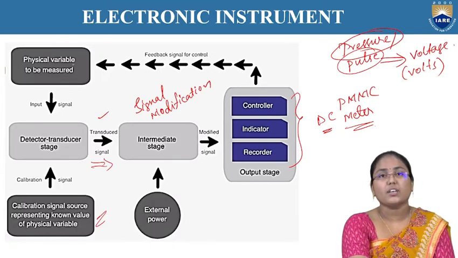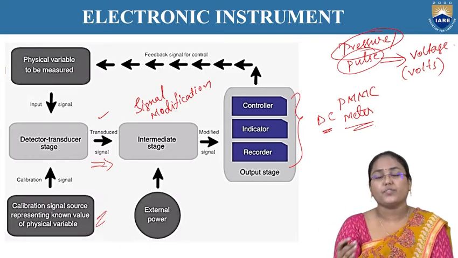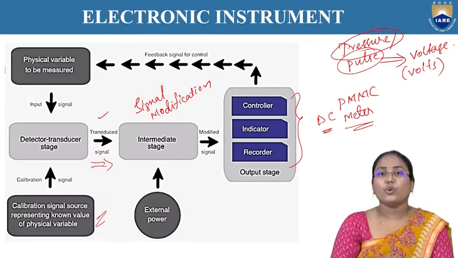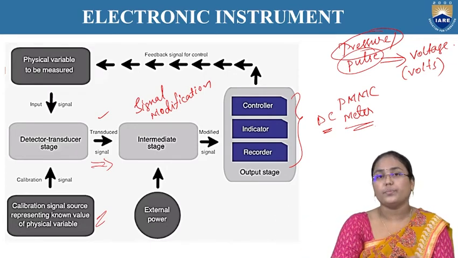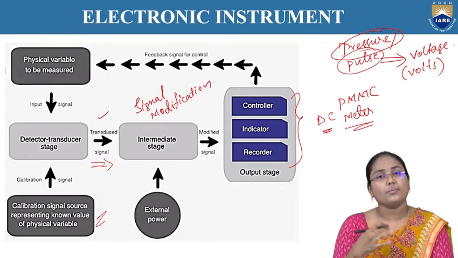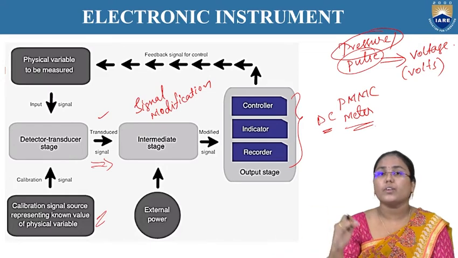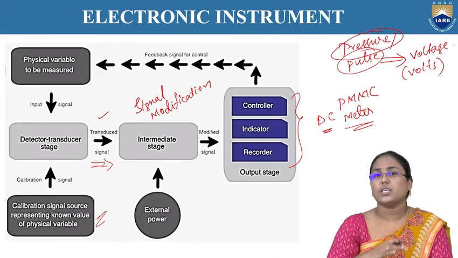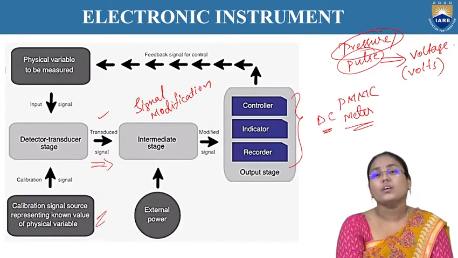Now see this particular physical variable which we are saying here, it might be taking the inputs at different stages. From time to time it might be varying. My pulse, it won't be the same throughout some period. Anyhow, from one period to the other period, the average value or mean value can be some known, constant value. But if you take a range of values, it will differ from one time to the other. From 1 second to the other second also, it might vary. So all these variations can be given continuously to the particular intermediate stage over there.